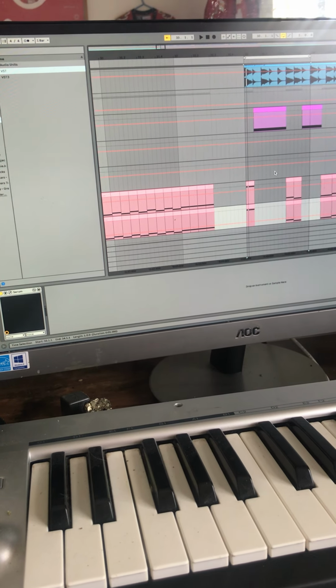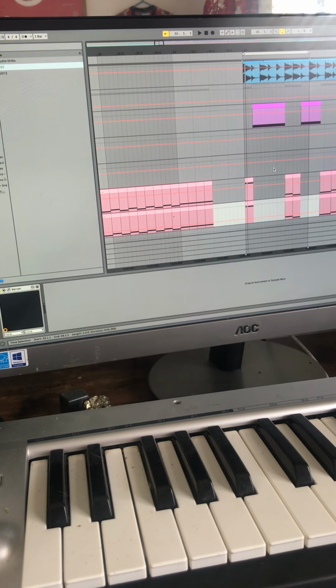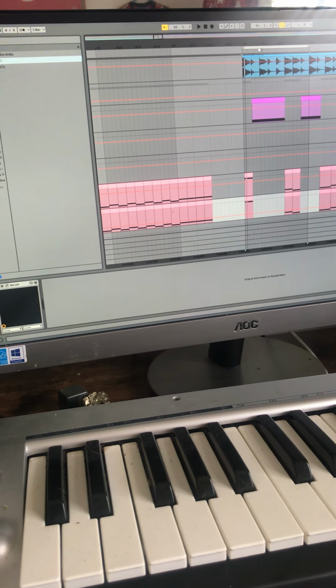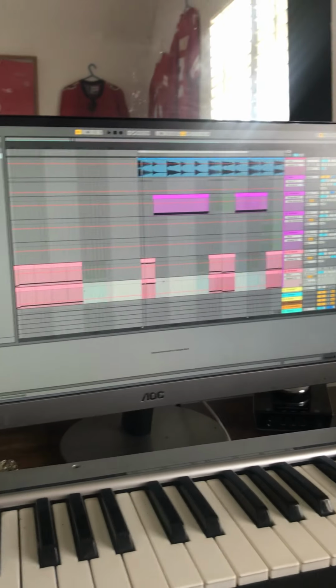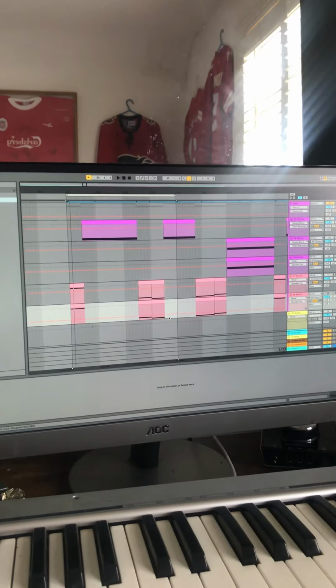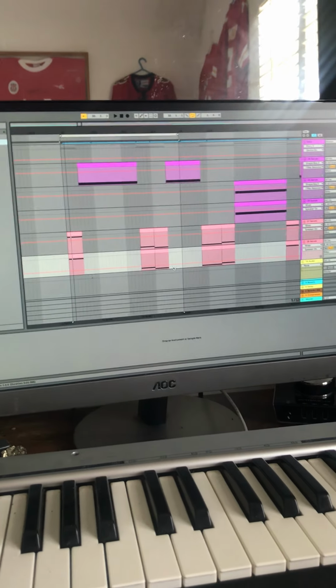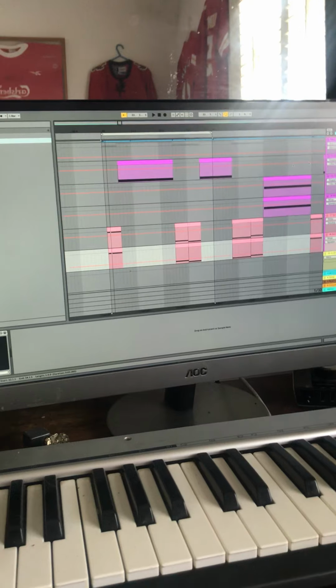Why am I calling them 16ths? 1, 2, 3, 4. 8 notes. I don't know why I keep calling them 16ths. That shows how much I still have to learn in my music theory. But anyway, yeah, we've got an 8th note as the start, and then